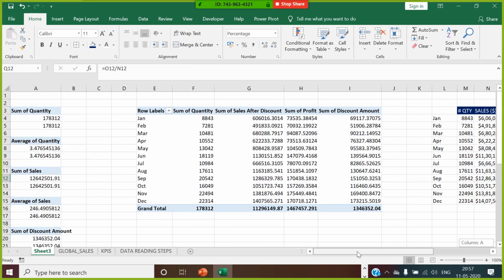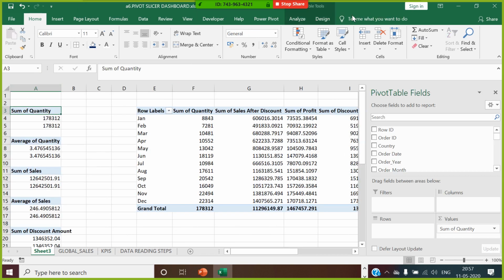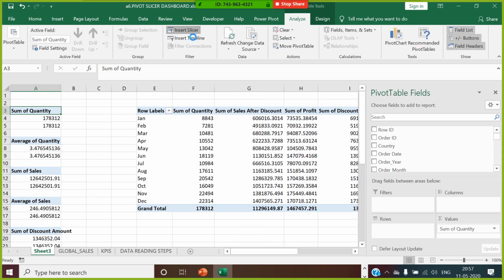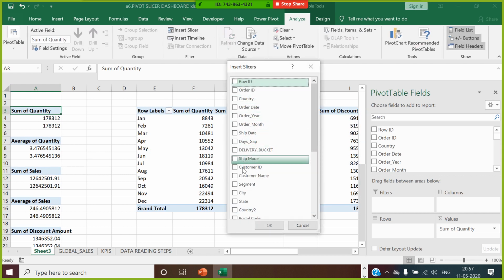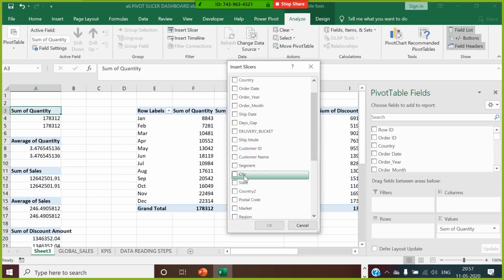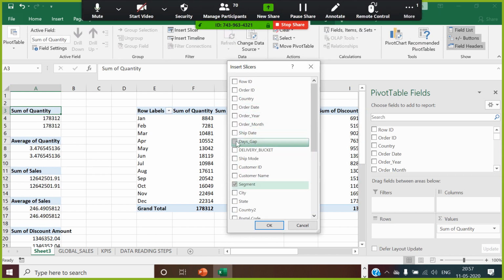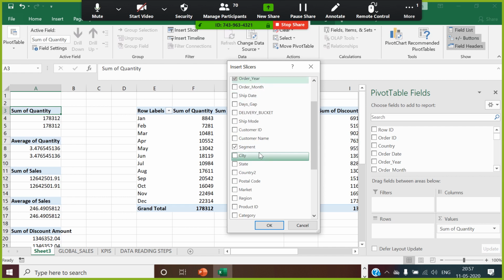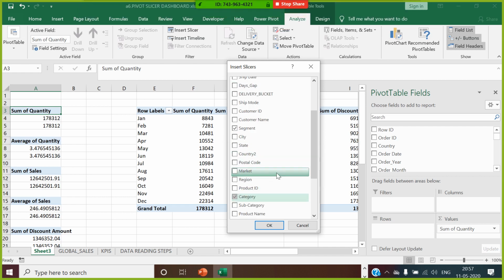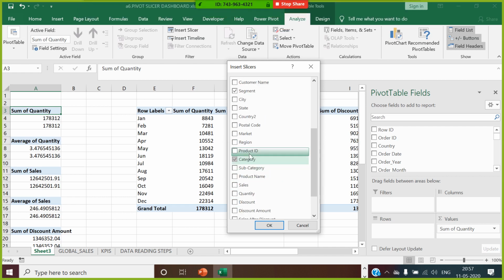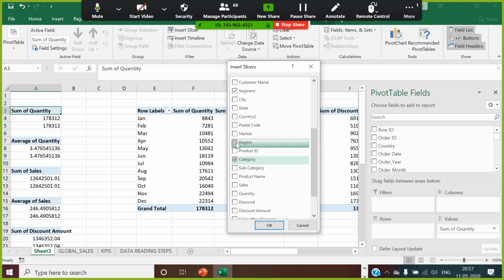Now what you are doing, selecting this total quantity, you add a slicer to this. Let's say I want to go by segment, by order year, by product category, by region, or I can go to market. So as of now I'm going for region here.